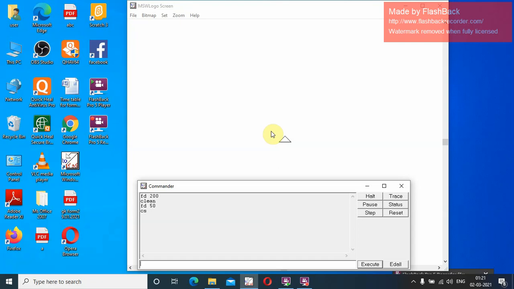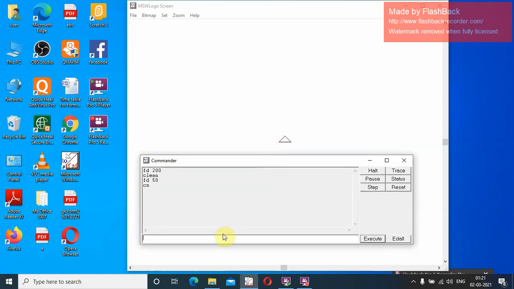Okay, now let me show you the pen erase command. Now I'm going to draw a shape where I'm going to make a mistake. Fine, so let us see. FD space 100, RT space 90, FD space 120.